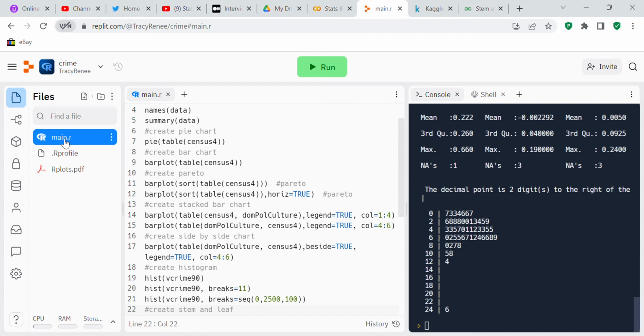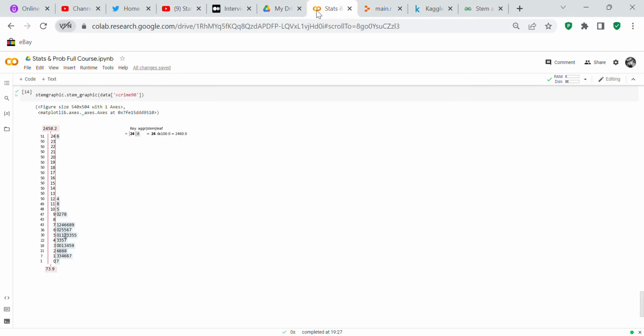I like all the charts and everything on Python better because you can type the code into the cell and then the chart will come up right underneath the cell. But I do say that I like the stem and leaf chart better in R because it looks more like a stem and a leaf than this one here in Python. But I'm just wondering